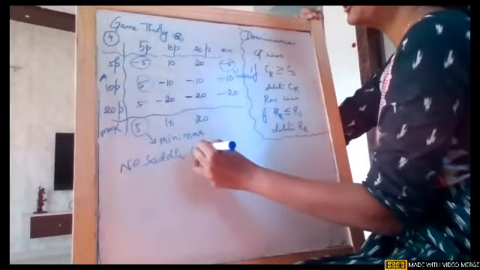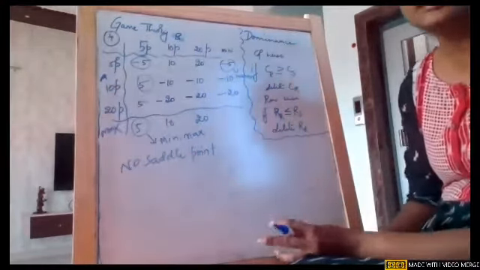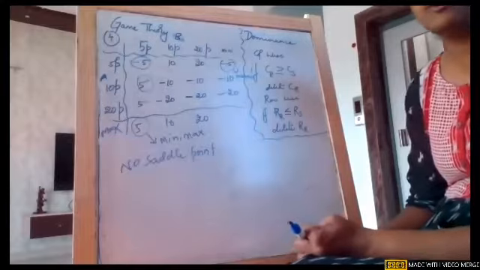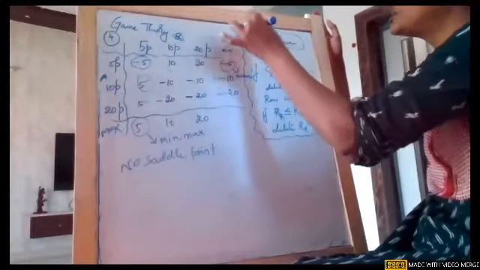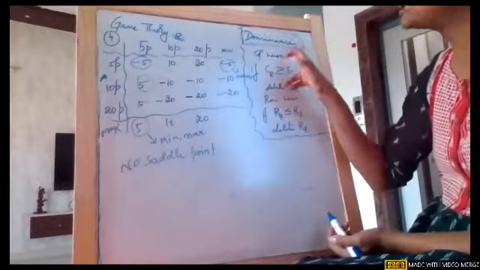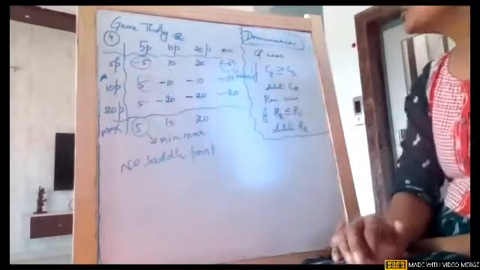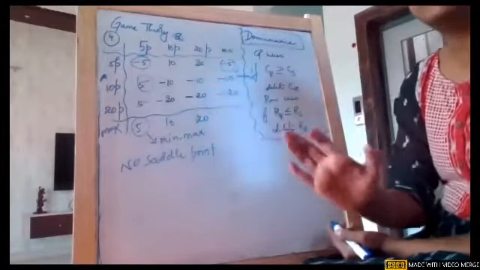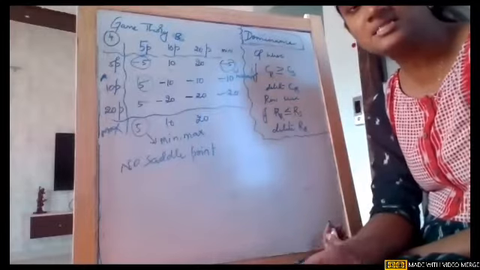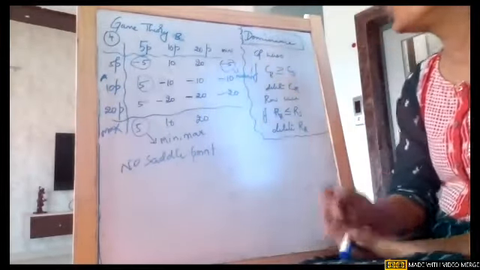So this is the scenario which we didn't see earlier. There will be an example even in game theory without any saddle point, where we are supposed to apply the next level. When there is no saddle point, the first level of application is the theory of dominance. There will be certain columns or rows which dominate their respective adjacent row or column, so we are supposed to delete that particular row or column.